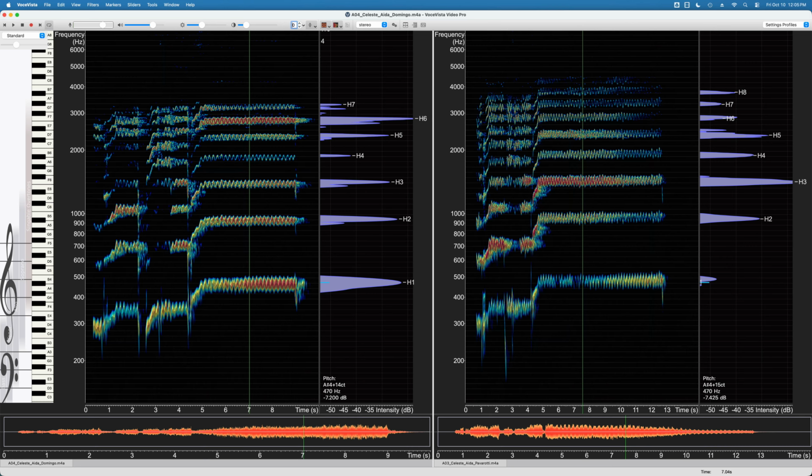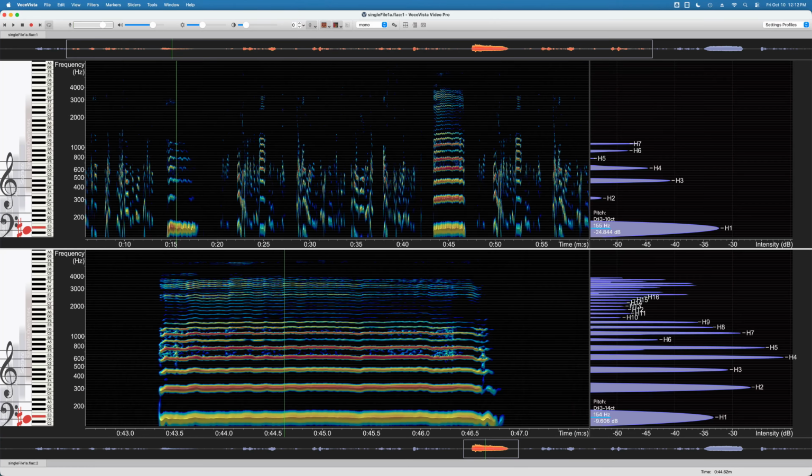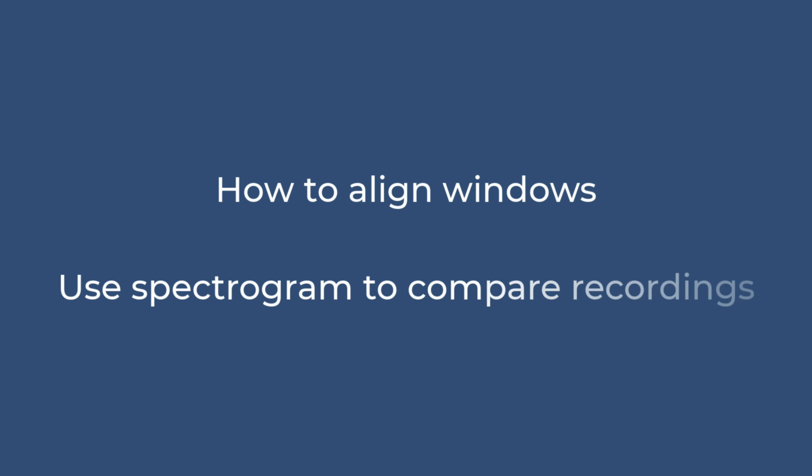You might do this to compare two musicians, or to compare recordings of yourself to see how your sound has changed over time. You can also use this technique to compare different sections within the same recording. In this video, we're going to look at how to align windows in VoceVista Video and use the spectrogram to